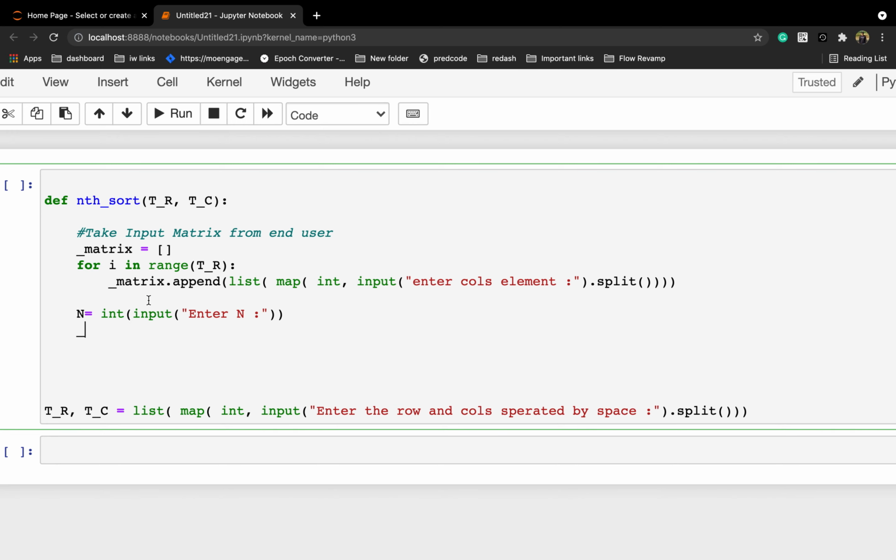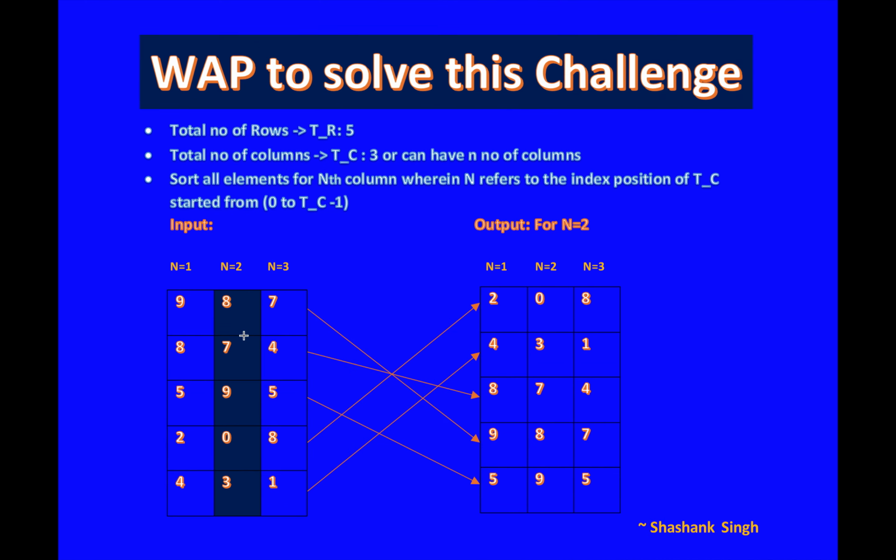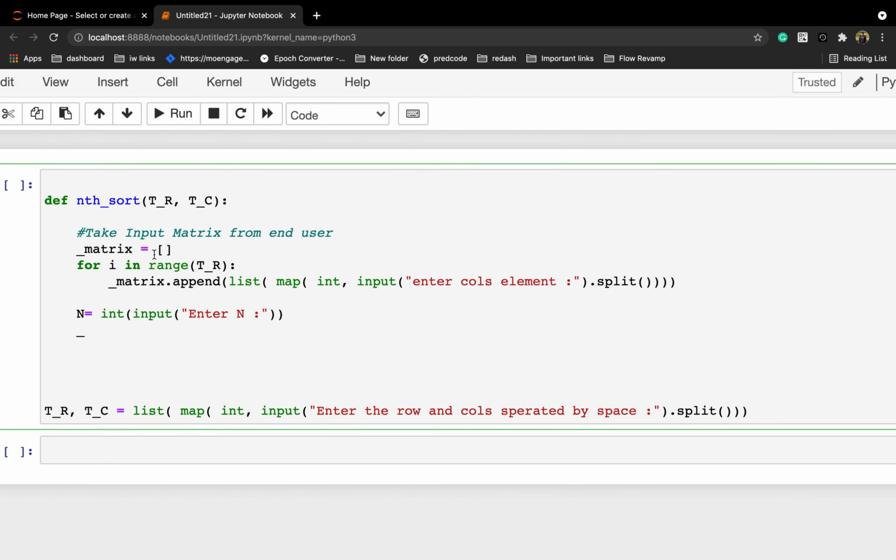Now I have to sort the matrix, right? For that, this is the input matrix, and then is equal to, I am using sorted here. This is a function to sort the matrix. I'll show you how exactly it will sort.